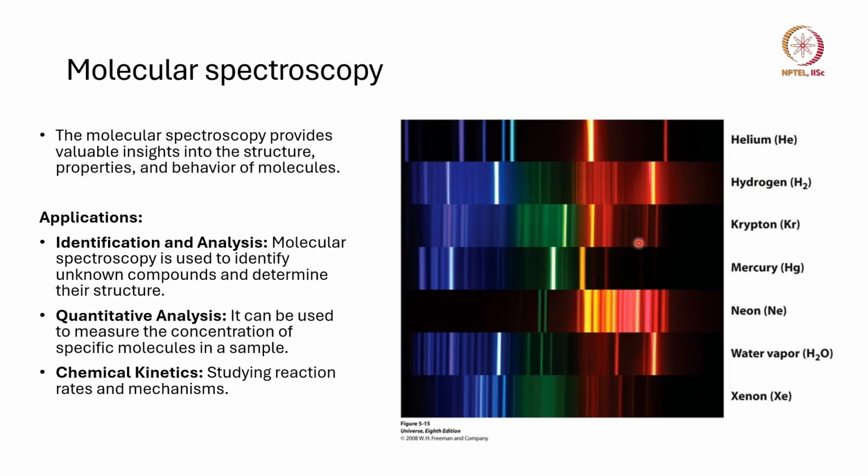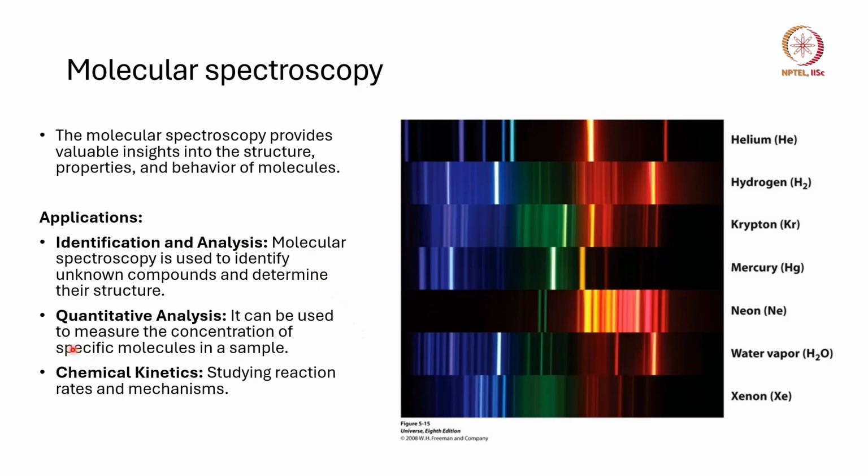So the emissions will also give insights into the vibrational and rotational modes, which indirectly give us information about the orientation and shape of the molecule and arrangement of the atoms in the molecule. Some of the applications for molecular spectroscopy include identification and analysis of unknown compounds and determining their structure. Quantitative analysis